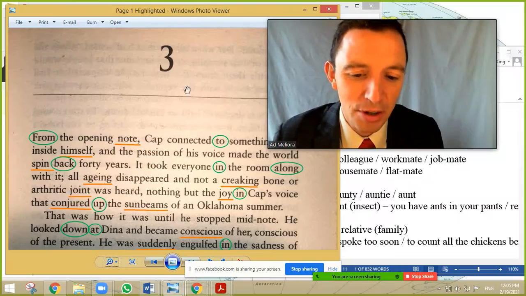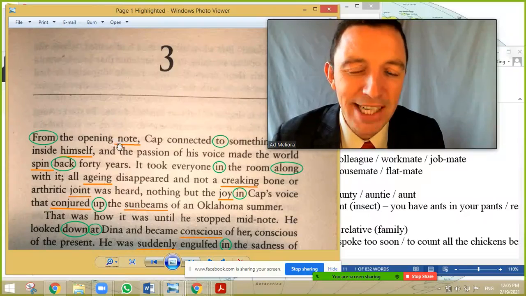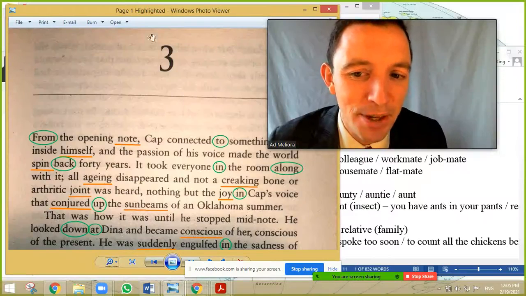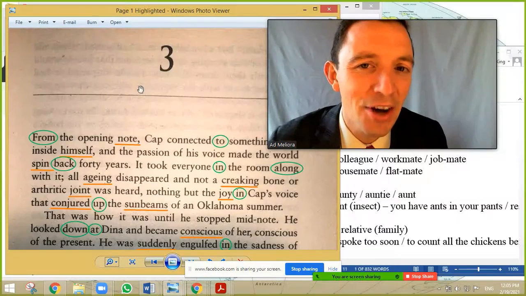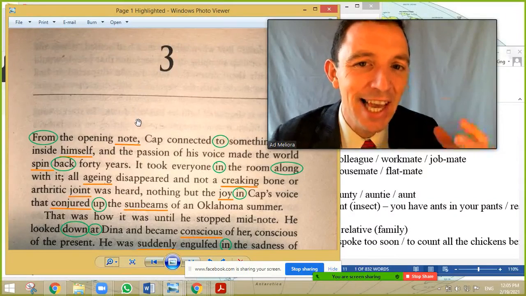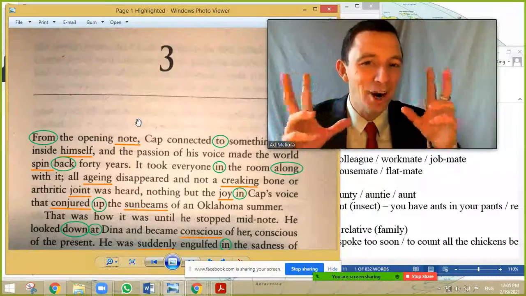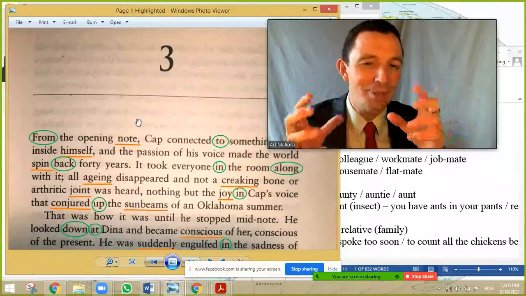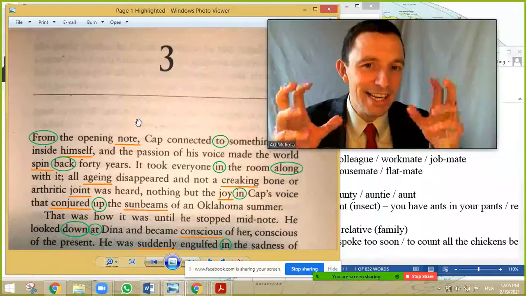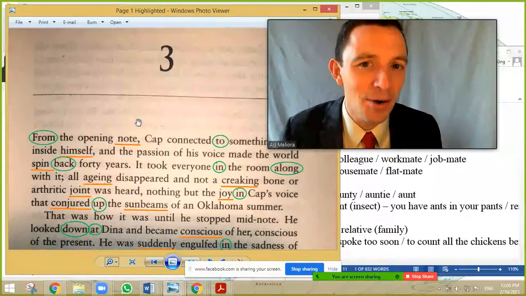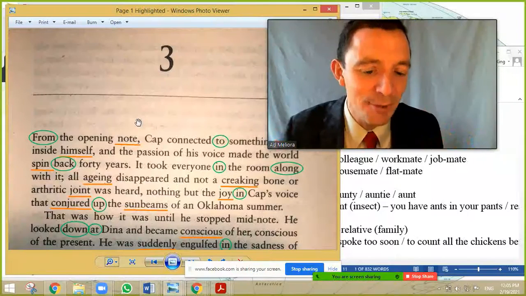Okay, so the first one, I think the context is related to singing. The context in this chapter, so it's chapter 3, and the context is the person is singing in the convent. You remember chapter 1 was based in the convent, the religious institution, and in chapter 3, I think the scene is related to singing in the convent. So it's like a little party, okay, and the description is the person singing.